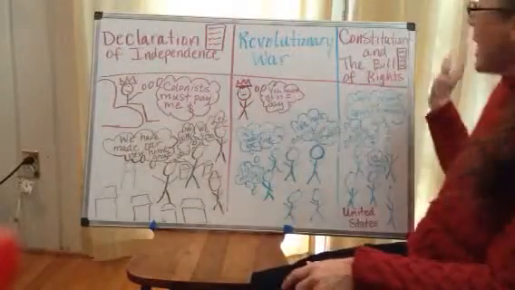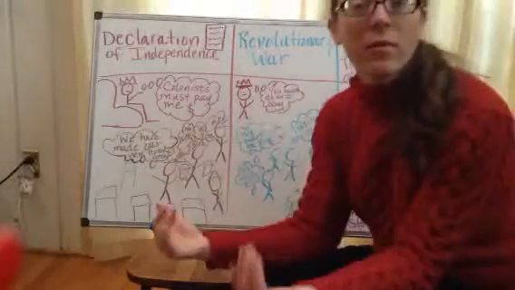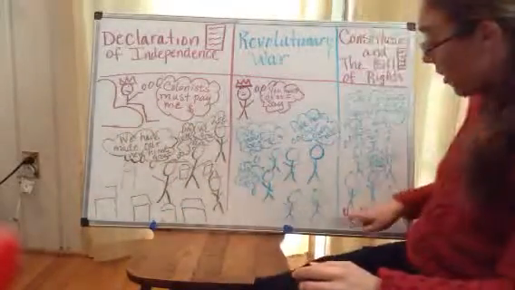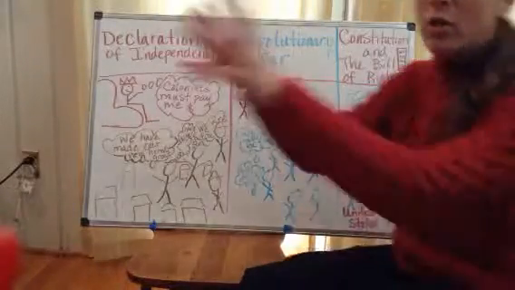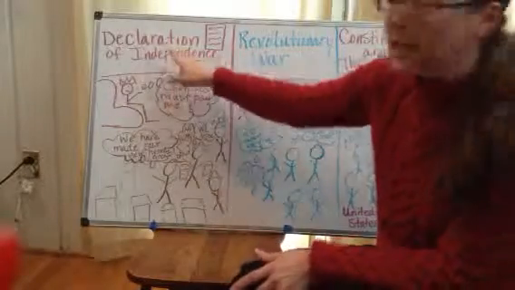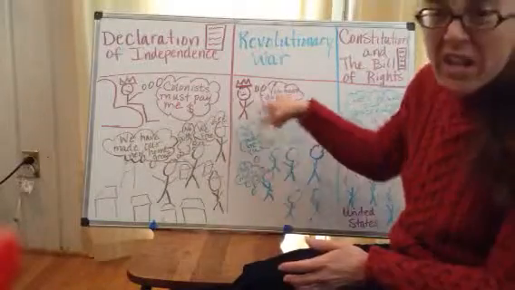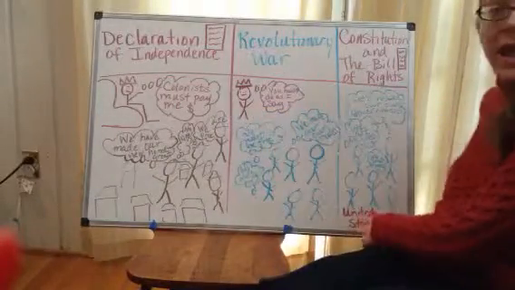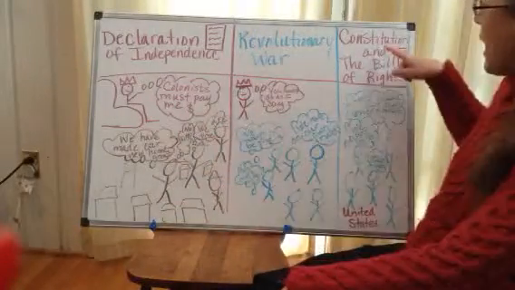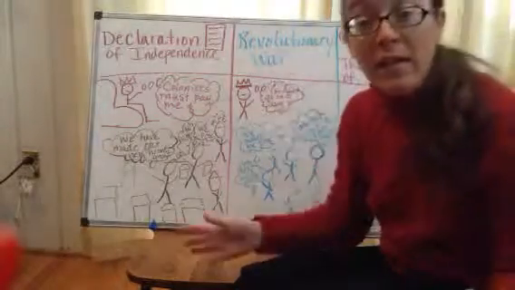13 colonies. Then, also in the Constitution, you have your Bill of Rights. And in the Bill of Rights, those representatives from the 13 colonies, which is now all the United States of America, so the 13 colonies after the Revolutionary War, after they declared their independence, after they declared their freedom, after they said, we're going to have our freedom, after they fought in the war and won against the British, then they became the United States. And the representatives of the 13 colonies went and established the Bill of Rights, which are the 10 rights that everybody in the United States has,